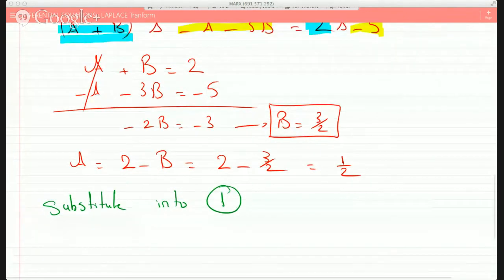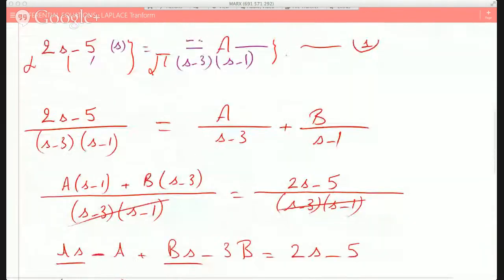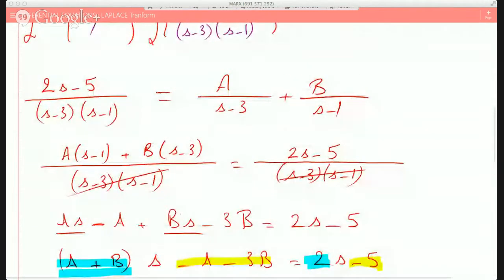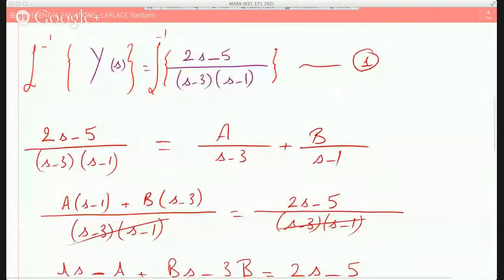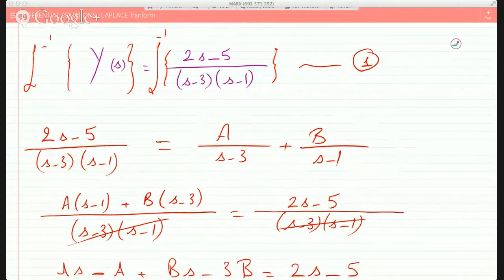The inverse Laplace of y of s is just y of t, which I'm after, the solution. Okay? And this became this because I did partial fraction decomposition. So now instead of plugging here, I will just plug in here and separate them, take the inverse Laplace